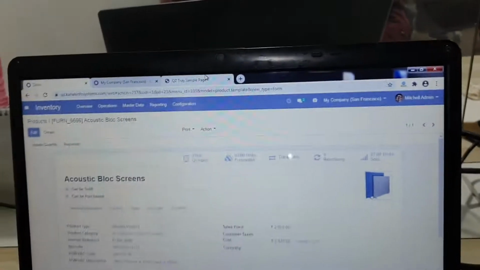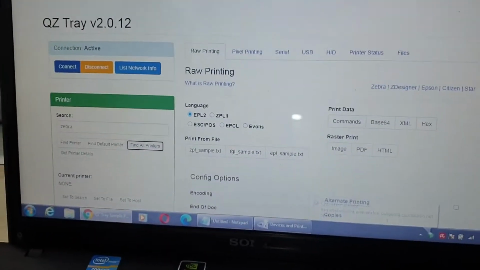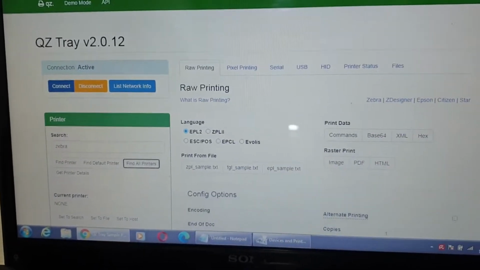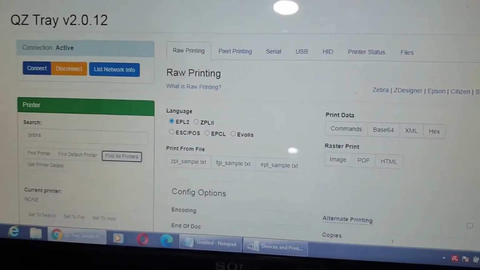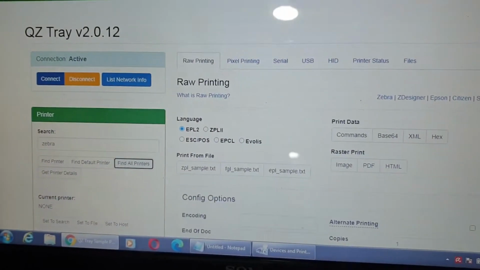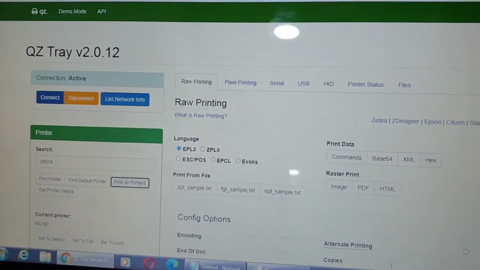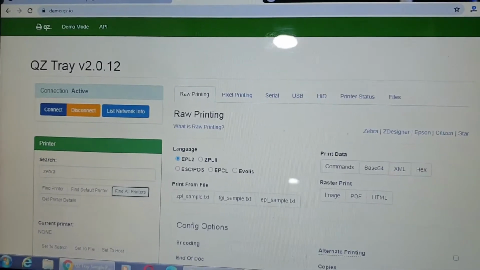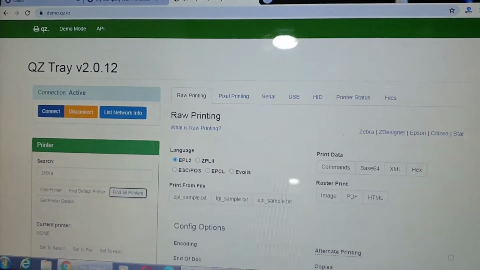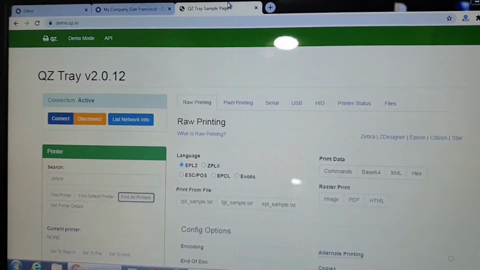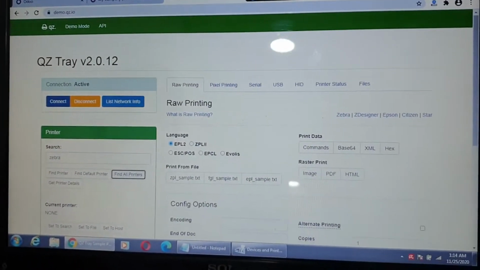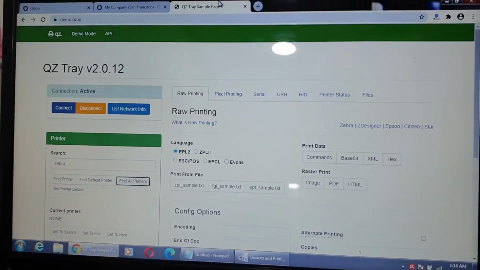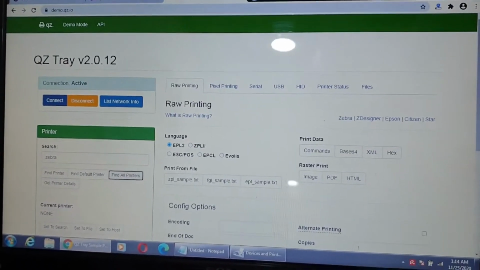Now what we need to make sure is that the QZ Tray is always active. The second thing is that the pop-ups will come every time a single print is sent. If we want to disable those pop-ups, we need to purchase the license from QZ. The option to disable pop-ups is not present inside this module currently. So if you want to disable these pop-ups, you need to purchase the certificates from the QZ website. This is the whole configuration for this module.